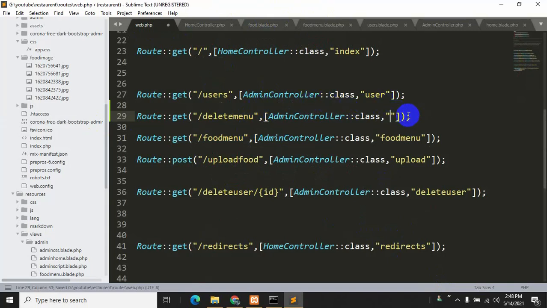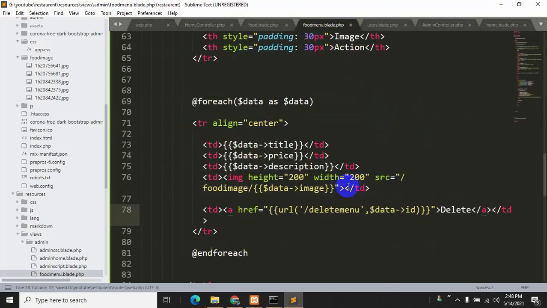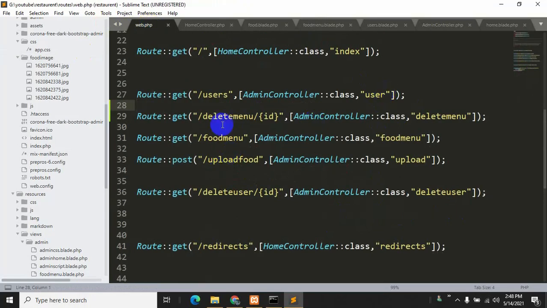So let's say delete menu. So let's save it, but before that we need to pass the id over here. So we need to say over here id. Okay, so if someone click the delete option, it will send the id to our web.php over here.